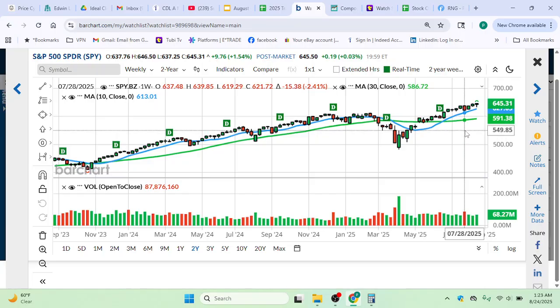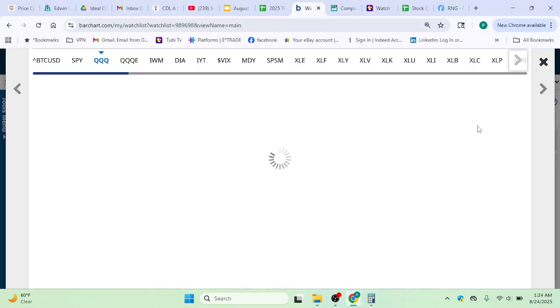4 weeks ago, we closed with a red week or a red bar. And that sent a little bit of fear into the markets as far as, can this market go higher? And can this market still be a bullish market? And the answer to that is clearly yes, because we just made a new high this week in the S&P 500. So that's still bullish. Market's making new highs. Up this week 1.54%. That's still a bullish environment. We're still making new all-time highs.